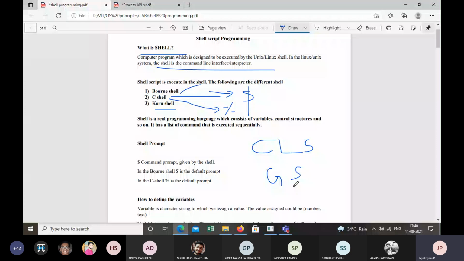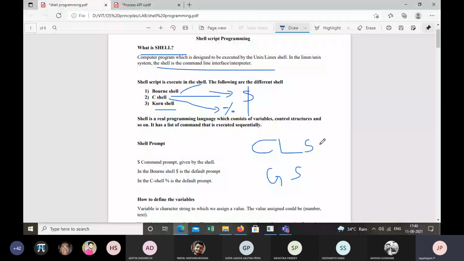Okay, fine. C stands for command, L stands for line, and S stands for shell. Command line shell. Now, what do you mean by this? No idea, sir. Okay, fine. So it's a command line interface, right?